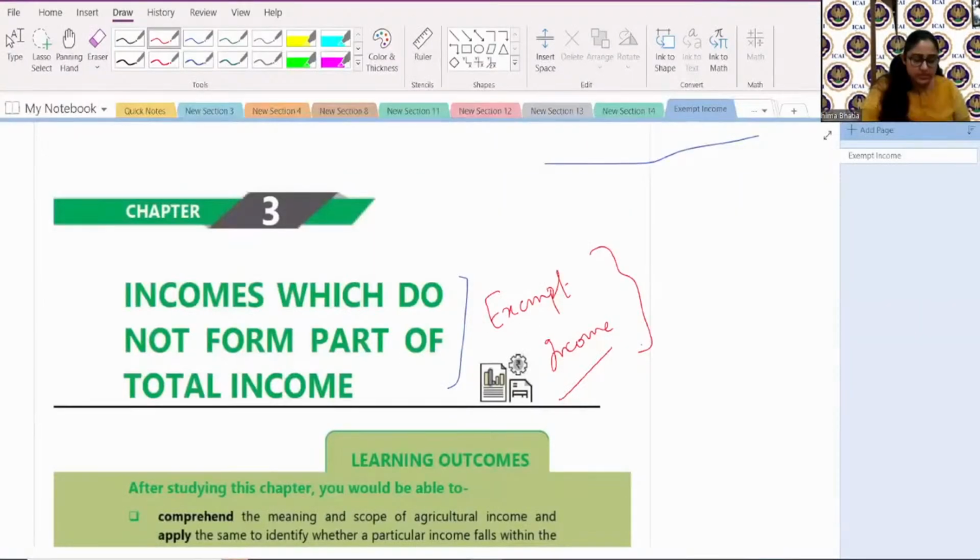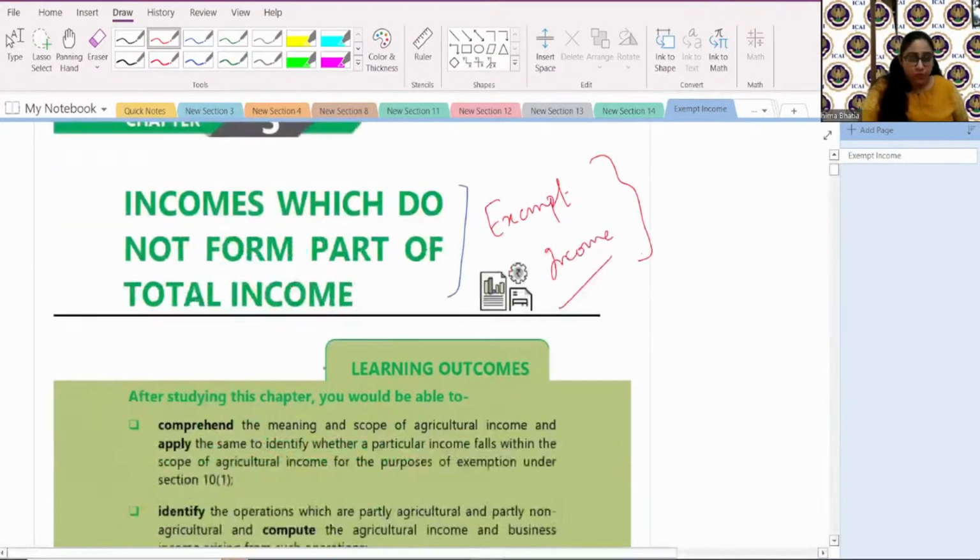So now to today's topic, which is your exempt income. Now, you will see, ma'am, the chapter's name is incomes which do not form part of total income. वो income जो total income का part नहीं बनते. I just said it in Hindi, but this is called your total income. This word means that it is not my taxable income. Can you say yes? It is not being taxed, or hence you use the term